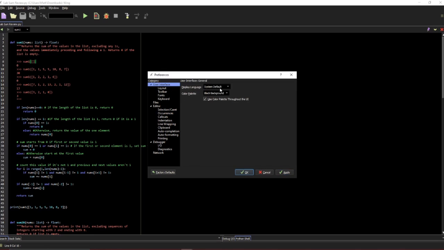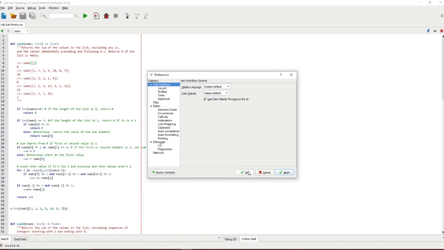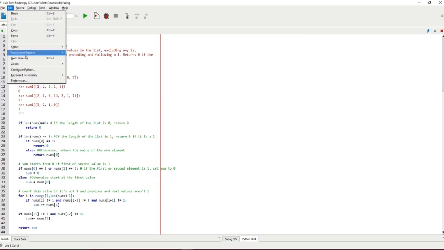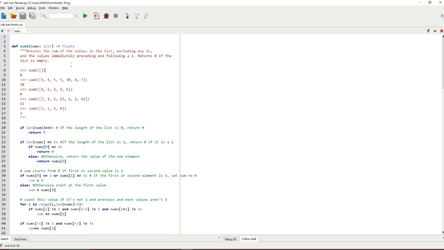Nope. What if I just change it? Oh god, it's bright. Okay, go to edit. I think I saw something that said zoom when you hit the edit on the top toolbar. Oh wow, missed that. Alright, is that good? Yeah.